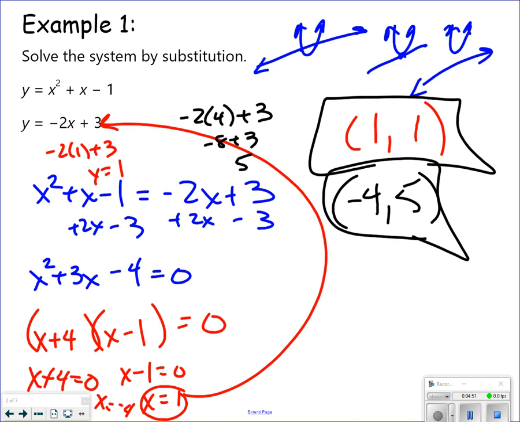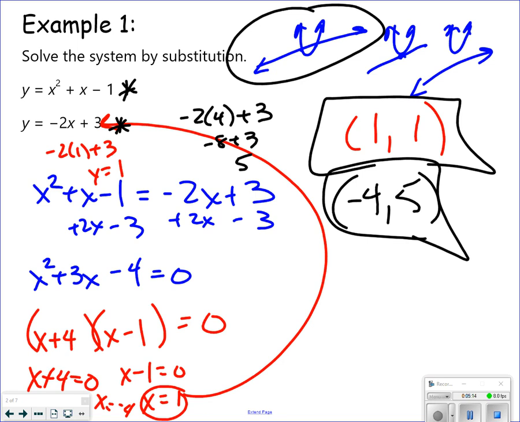So that is this scenario right here that we talked about up in the beginning. We have a scenario in which we have a parabola and a line, and they cross in two locations. If you have a graphing calculator, go ahead and go into the y equals and type this in. And go into the y equals and type this in. And then look at the fact that you have a parabola and a line, and they cross in two different